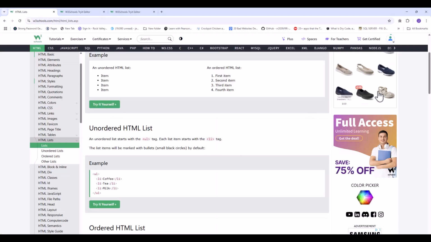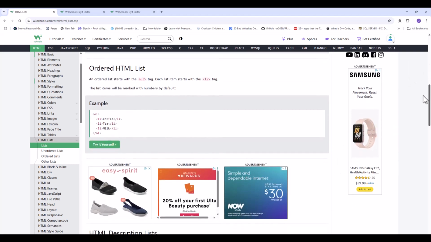We can also come back and we can come down to the ordered list, and notice here the only difference is the beginning tag. The list items are the same between the unordered and the ordered list. It's just that first element that changes out, and once the first element changes out, then we would have the ending tag reflect what we have there.